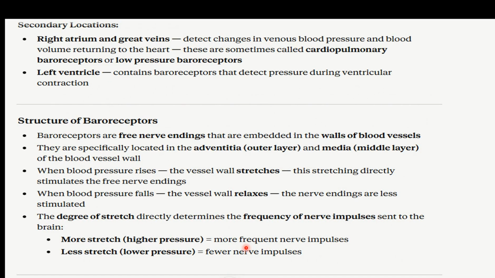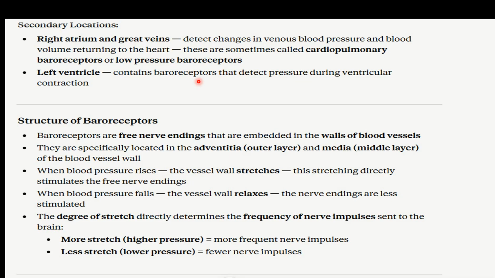Now there are a few secondary locations. Here you can see the right atrium and great veins, which detect the venous blood pressure and blood volume returning to the heart. These are some of the cardiopulmonary baroreceptors or low pressure baroreceptors. Okay, so sometimes in an interview they might ask you what low pressure baroreceptors are, so you have to explain this. Then we have the left ventricle, which contains baroreceptors that detect pressure during the